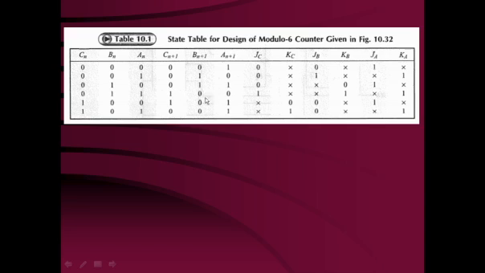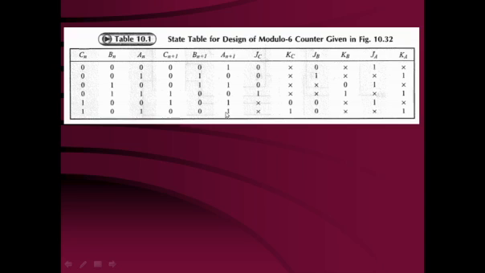This 0, 1, 1 is going to be the present state next, and the next state is going to be 1, 0, 0. Now 1, 0, 0 is your present state, and the next state is going to be 1, 0, 1. Then 1, 0, 1 becomes the present state, and the next state is going to be 0, 0, 0. Actually, it should be 0. There is a misprint here. Instead of 1, it should be 0 only.